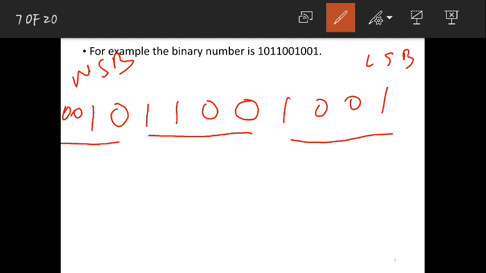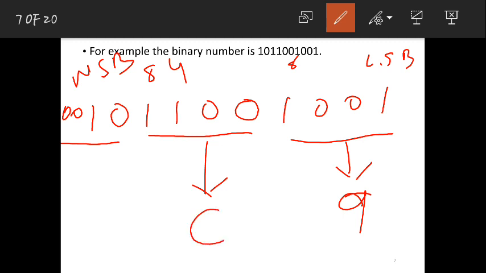Now when I did this, I just need to write its equivalent value. So this is at a position of 8 and this is at a position of 1. So 8 plus 1, 9. So the equivalent value of this hexadecimal is 9. And this is at the position of 8 and 4. So 8, 9, 10, 11, 12. So 12 means in alphabets, what do you write? A means 10, B means 11, C means 12. So this is C. Next, here this is at a position of 2, that means this will be 2.